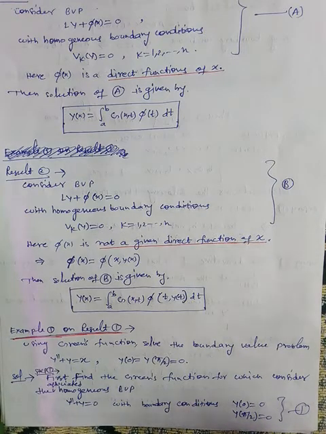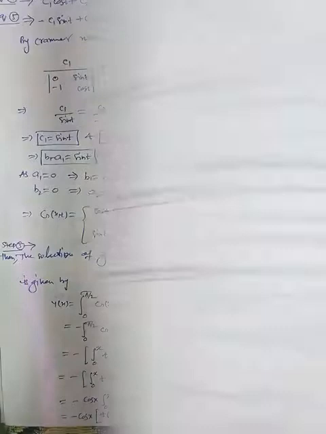But we know what the essential condition is to get the Green's function. If we see that this differential equation has only the trivial solution, that means y is equal to 0, then we can say that this differential equation has a Green's function, and then we can find the Green's function. So that is the essential condition. First we will solve to find the solution, and after verifying these conditions, if we get the trivial solution, then we can say that we have a Green's function. Let's see in the next.